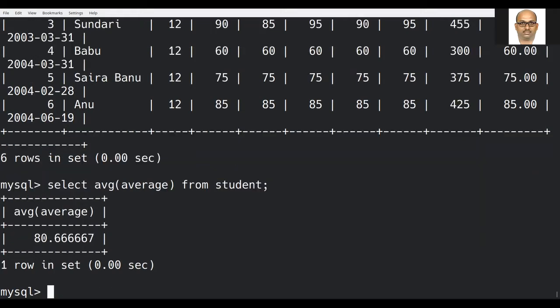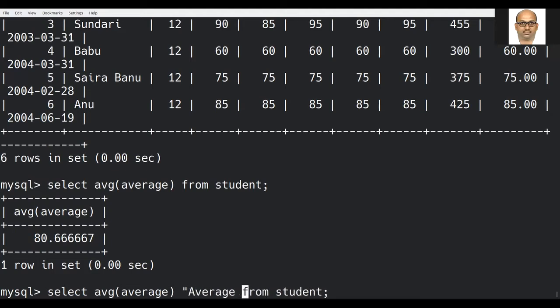See here, the school consists of only class 11 and 12 students. Those 6 students' average put together is 80.86. This is what the average is. Here we can try to use an alias name also.